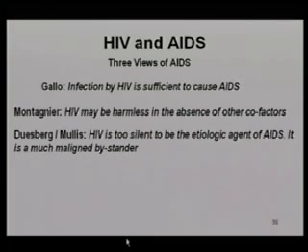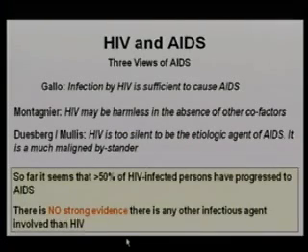Duesberg and Mullis have been well known for saying that HIV really doesn't cause AIDS. And they've got, I think, a rather weak case. Kary Mullis got the Nobel Prize for PCR, as a graduate of Dreher High School just down the road. He and Peter Duesberg put forward the case that HIV is not the etiologic cause of AIDS. However, I don't think anyone other than Duesberg and Mullis really believes that any longer. The fact is that 50% of HIV-infected people progress to AIDS. No strong evidence at all that there is any other primary infectious agent that is causing this disease.